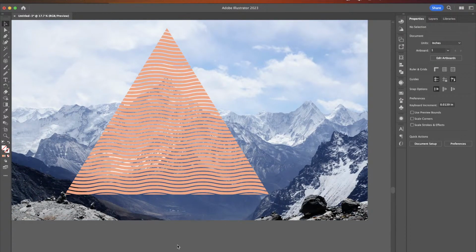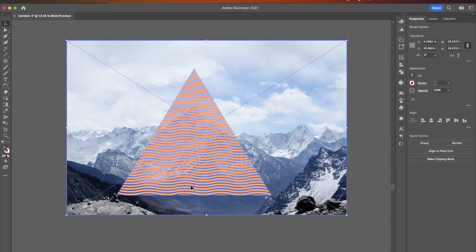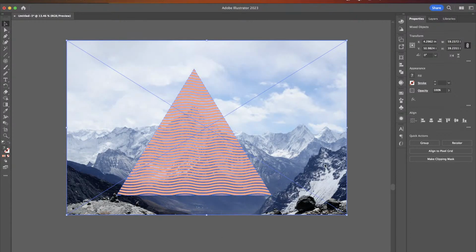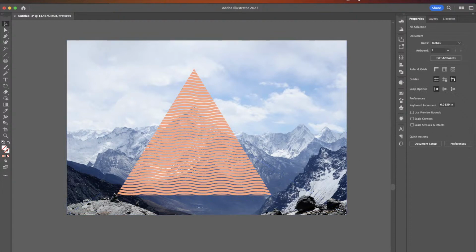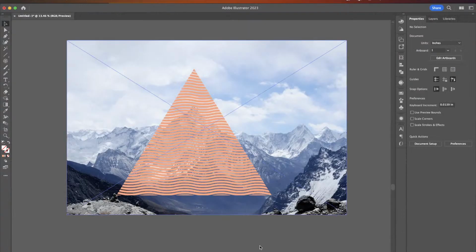So this would be a good point. For example, I want this to be cut out of this background, but what's happening now is since this object that I created is very complicated, Illustrator is having trouble doing that. So that's a really good time to switch over here and show you a good use case for Photoshop. So if I go back to Photoshop real quick,